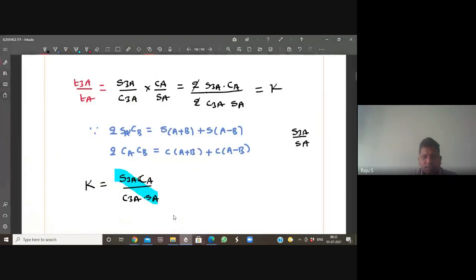To get k minus 1, what shall I do? I want to apply componendo and dividendo again. K is nothing but k by 1. When I apply componendo dividendo,